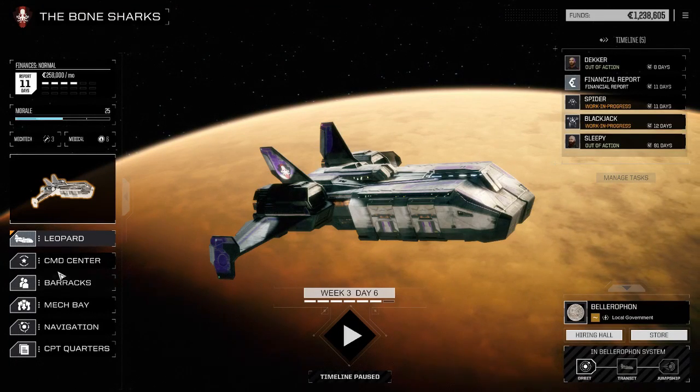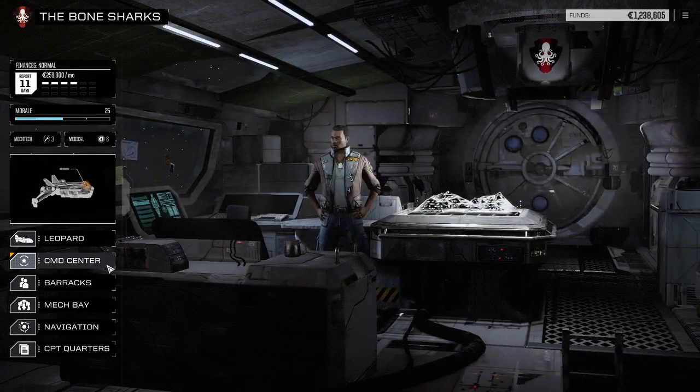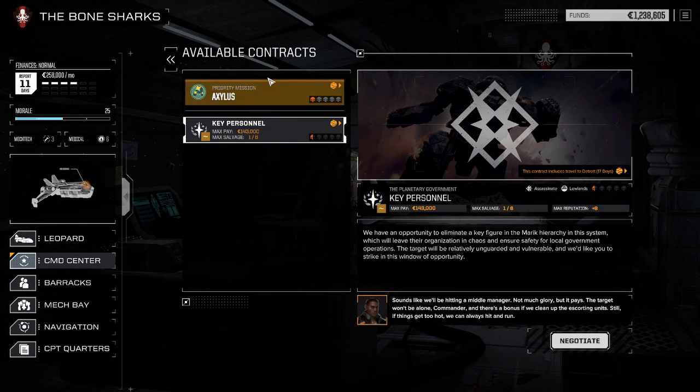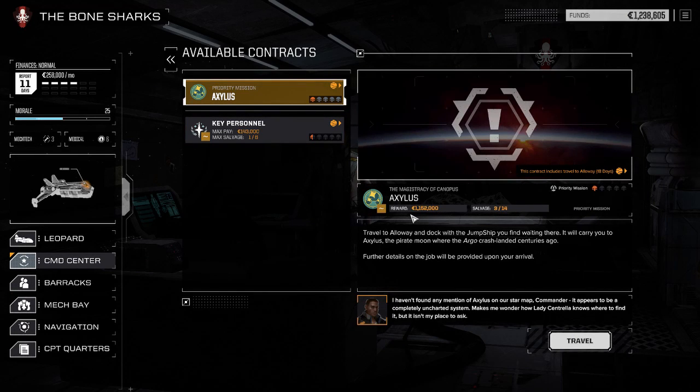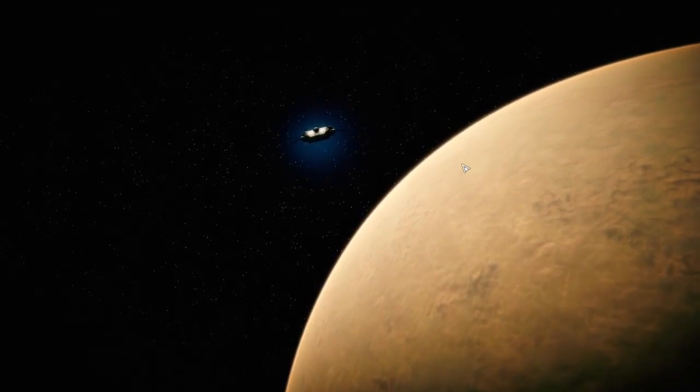So once we're ready, we'll fly out there, which, what's the travel time on that, actually? 18 days. Sure, we get 1.1 million out of that, which is a pretty good payout. Calculating course now, Commander. We're gonna lose some, but...